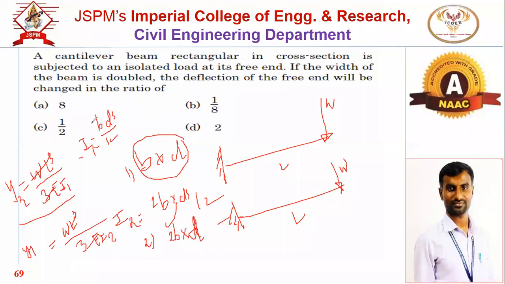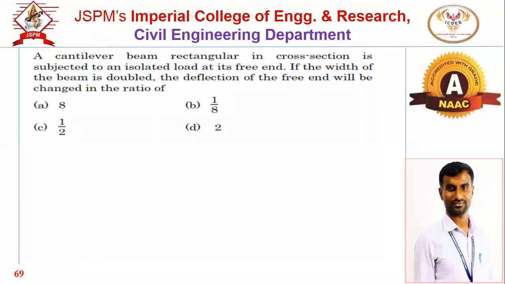Okay, what we have to conclude here from your examination point of view: deflection of a beam is directly proportional to the rate of loading, then directly proportional to the length. If it is UDL, it depends on L raised to 4. If it is a point load, it is directly proportional to L cube. It is inversely proportional to modulus of elasticity. It is inversely proportional to moment of inertia, that is your width as well as the depth. So these are the points we have to remember.